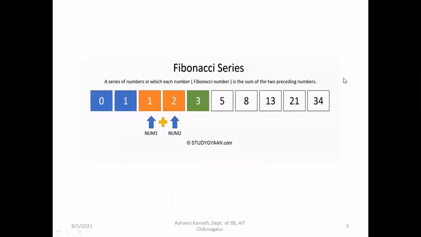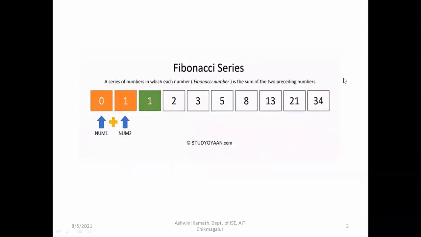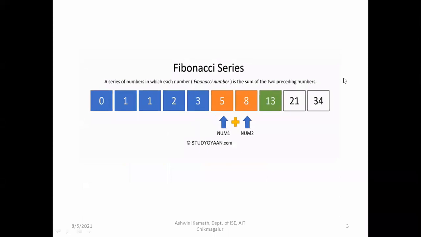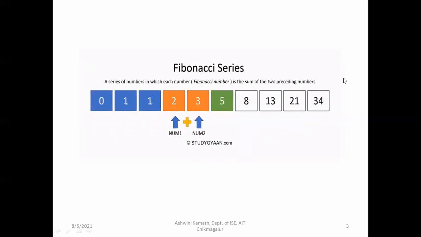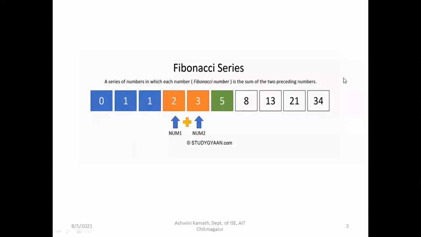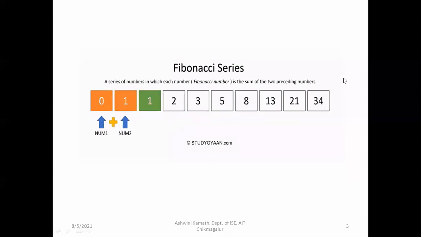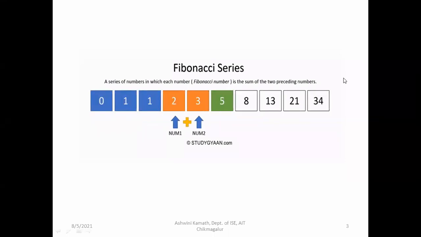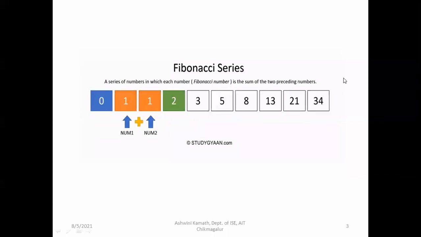Then see this GIF, so you can understand how the Fibonacci series works. Initially we'll have 0 and 1. So 0 plus 1 is 1, then 1 plus 1 is 2, 1 plus 2 is 3, 2 plus 3 is 5. It will continue like this, that is number 1 plus number 2. Every time, the number 1 and number 2 values will change in the recursion. Initially it will be 0, 1, then 1, 1, then 1, 2. It will keep on changing. We add these two and that will be the present number, right?